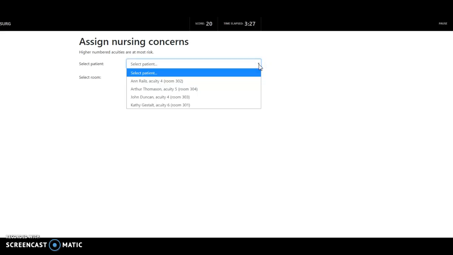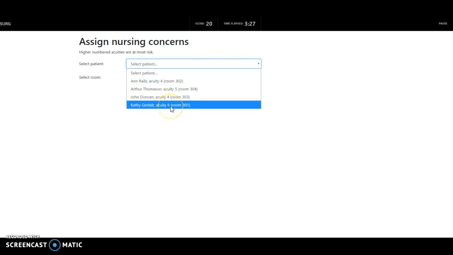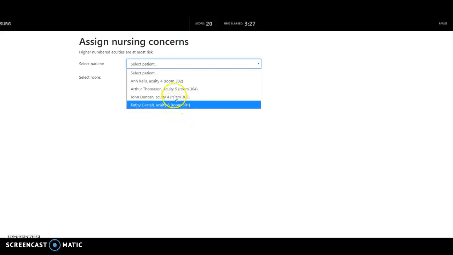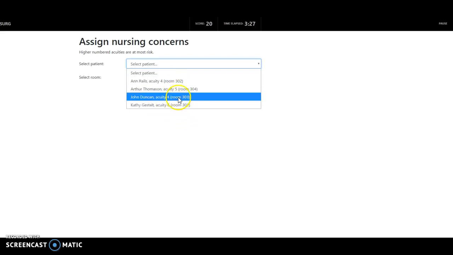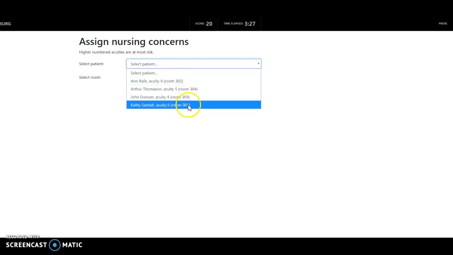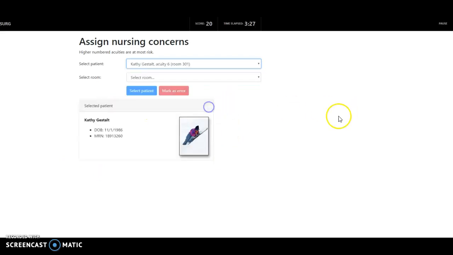So in other words, what patient are you going to see first? Your highest acuity patient would be the patient in room 301, because her acuity level is 6. You want to go highest acuity to lowest. Then when you have the two lowest, you have to decide, out of the diagnosis that they had, which one was most acute between them two. So we'll pick her, select patient, she'll get her name, date of birth, medical record number,